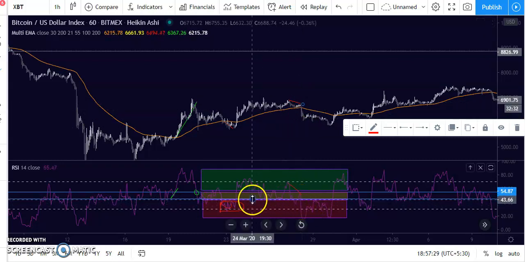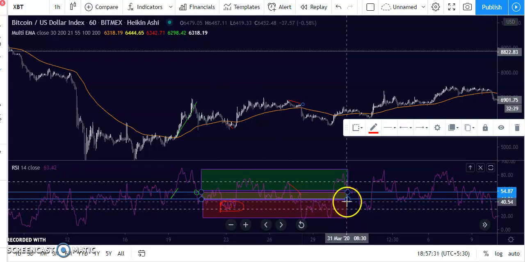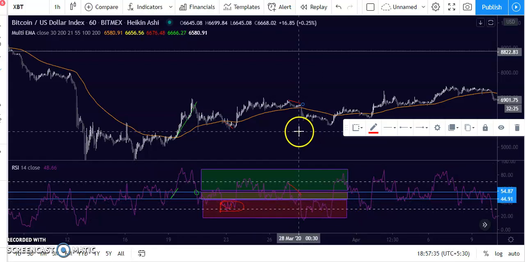And here comes our traffic light, which is red. What should you do? If you are an experienced trader, you should short. Or otherwise, you should wait. If you want to long, you should wait. Okay?